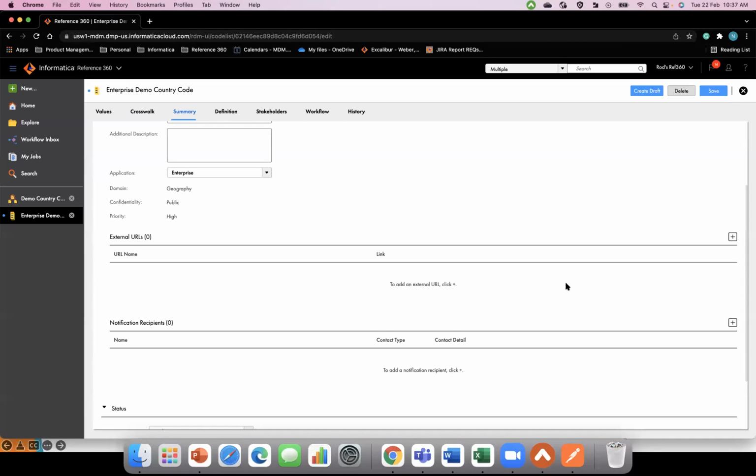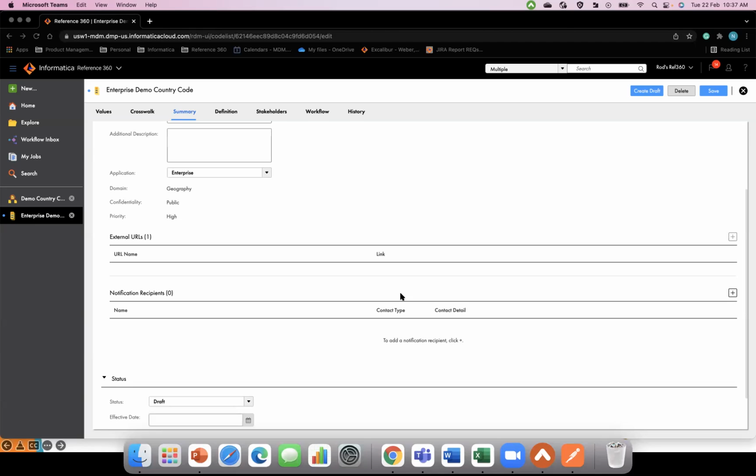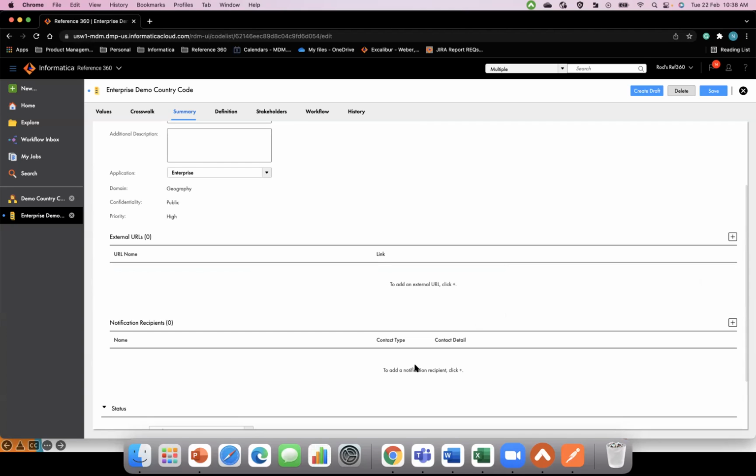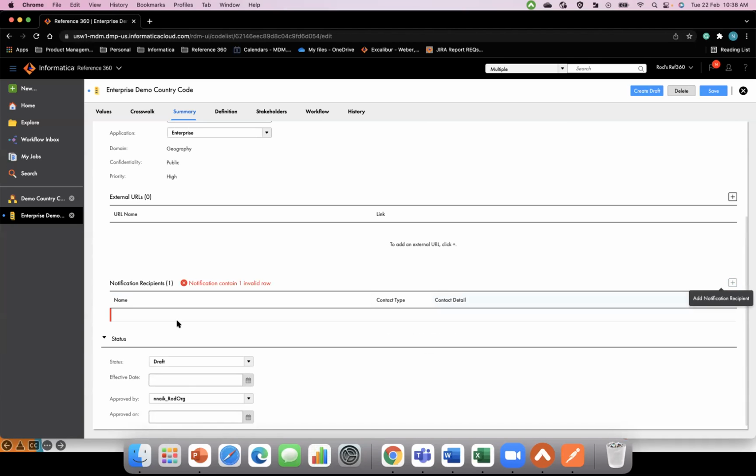When it is externally mandated, we are providing you the capability to add the URL name and the link, and you can save it and have that information available on where this code list is coming from. And also we have this notification recipients in which you can add email